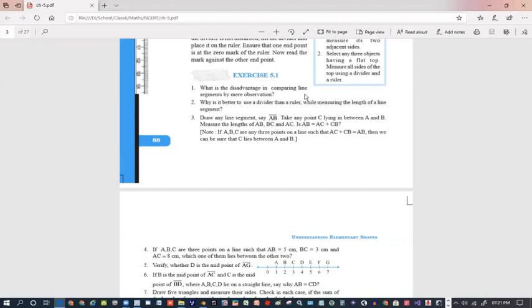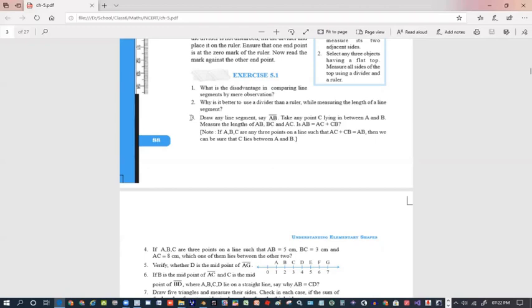We have to measure it accurately using the ruler, or we have to measure it accurately using a divider and a ruler. Okay. Next, why is it better to use a divider and a ruler while measuring the length of a line segment? This is the question we already answered. With a divider and a ruler, we get an exact reading, because with a ruler, if we see from certain angles, the reading may not be proper, or because of the thickness of the ruler, we may not be reading the line correctly. So with a divider, we pinpoint the two points on the line segment and measure it on the ruler. So using a divider, we get a more accurate reading.